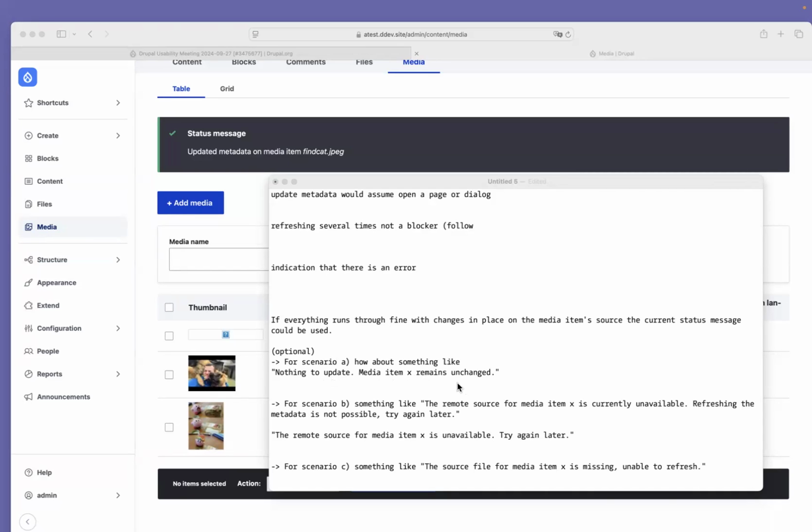Nothing to update, media item X remains unchanged; the remote source for media item X is unavailable, try again later; and the source file for media item X is missing, unable to refresh. I think so. Okay. Then